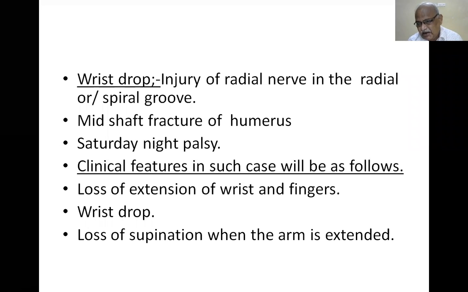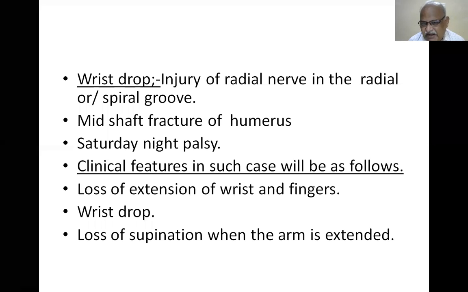Posterior compartment of the arm is supplied by the posterior part of the brachial plexus. Anterior part is supplied by the anterior part of the brachial plexus. It is a general rule. So the anterior compartment we can call a flexor compartment, and the posterior compartment an extensor compartment. Flexion and extension actions on both sides compensate with each other according to necessity. If flexion is more, flexion occurs. If extension is necessary, extension occurs. Both act in a combined balancing manner.